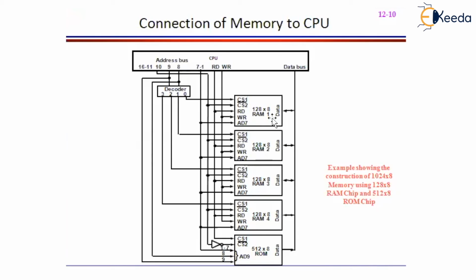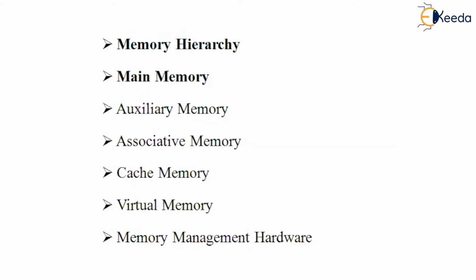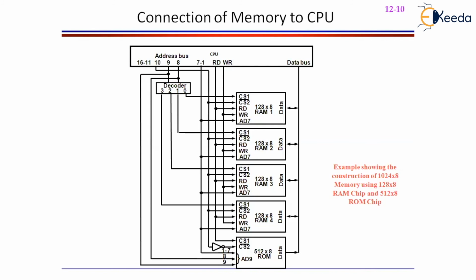Now let us have a look at the connections from the bus system to each module. Here, if you can actually see, the bus system is of 16 digits. The address bus is of 16 digits, and there is a data bus. And there are RAM 1, RAM 2, RAM 3, RAM 4, and ROM. Every RAM has these many connections. Let me write it. Every RAM has,